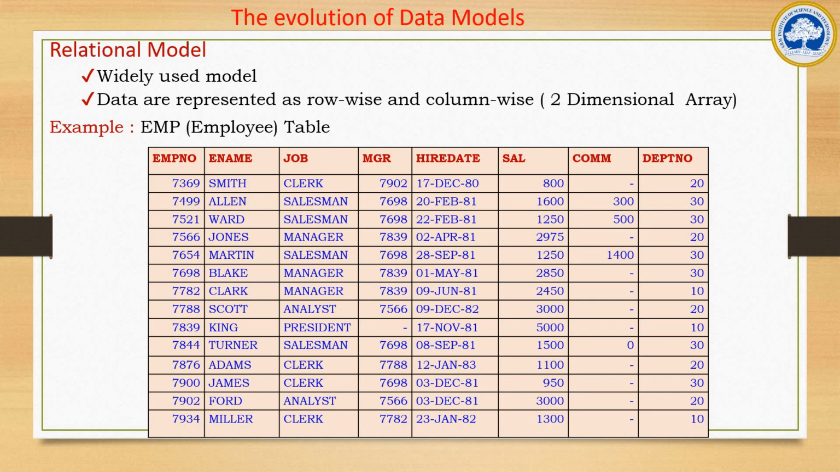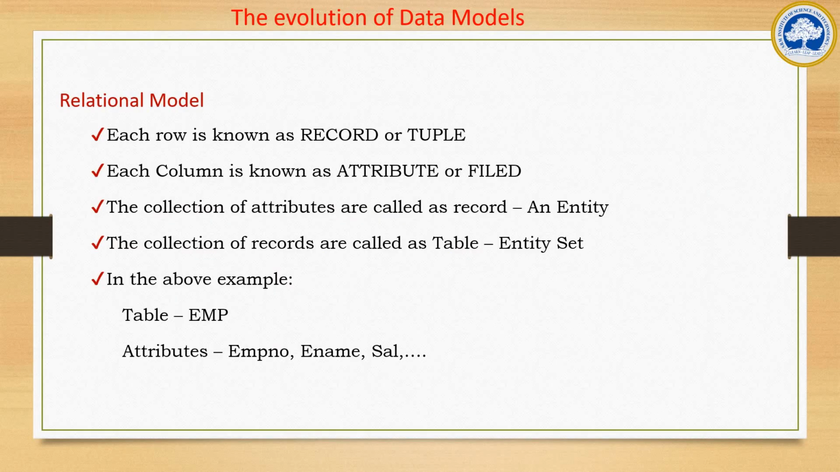Relational model. This is the most widely used model even nowadays. It's a 2D representation, rows and columns. It's a table. Each and every record is represented by a row, and the representation of each record is given in the columns. If we take the employee, in each and every row the employee's information is available, and the columns are employee number, name, job, whatever the